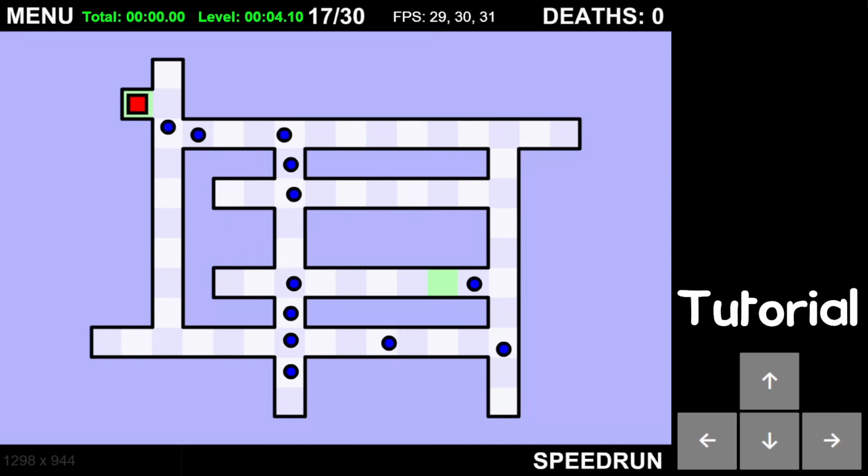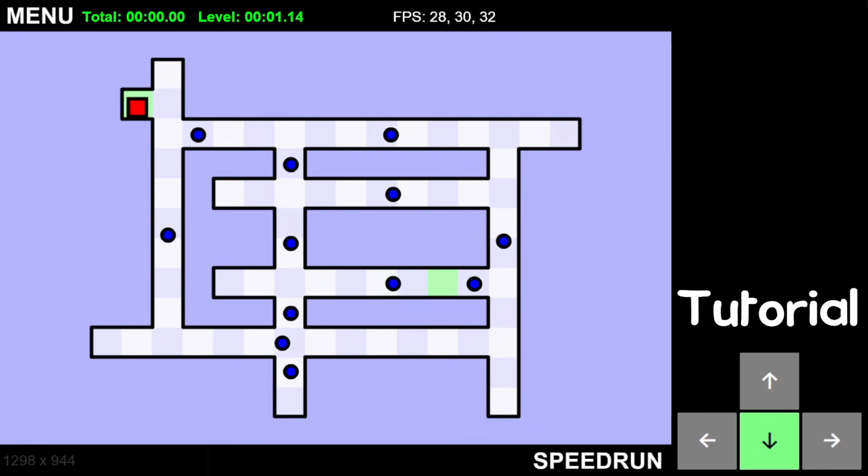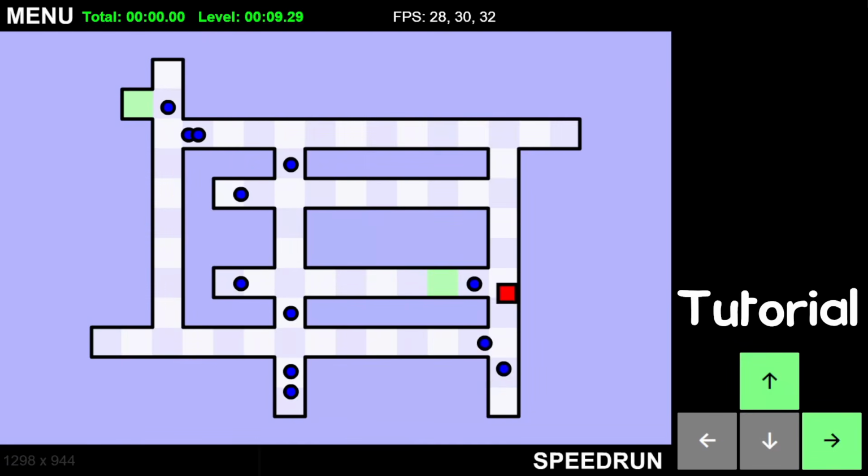Alright, so level 17 is a pretty straightforward one. More of a cutscene than anything. You're gonna want to start by just waiting to get an opening here. Then go down, keep going right, go up, and then here, you're gonna want to wait all here, and there's